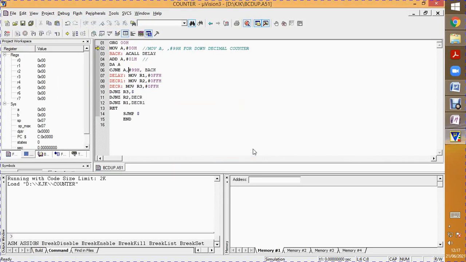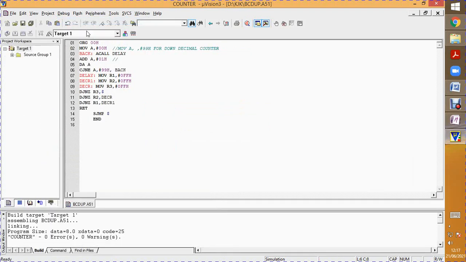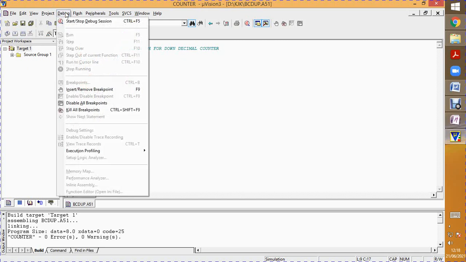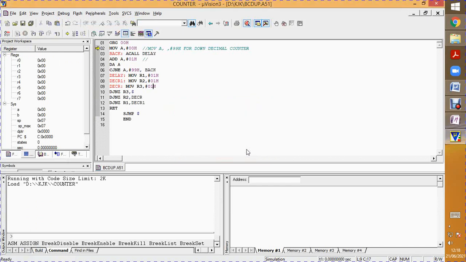And before this, I'll just go back here, because if I load 0FFH here it will take much time. So here I'll be loading 1 for the delay. Otherwise it will take much time, so rather than 1 second it will take 10 minutes. So once again, if any changes are made, build, rebuild, go to debug, start, say OK, and just go